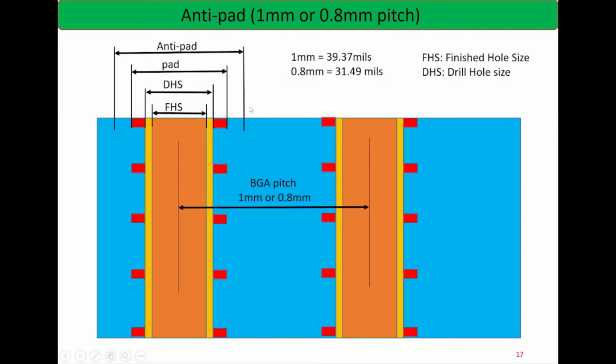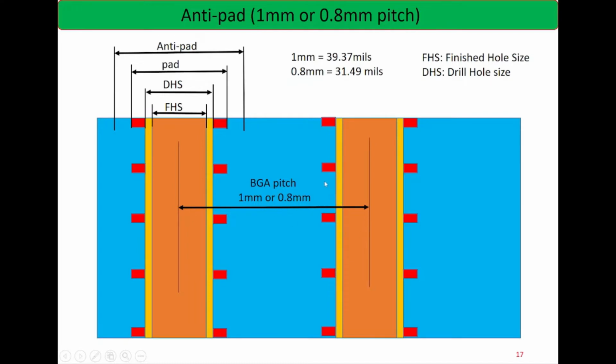So this is the anti-pad. Now the question arises, the main problem comes if we want to see it in the BGA region. In the BGA region, an IC chip will have the package, right? We'll have some BGA points, with connections from point to point. If you search in the IC datasheet, you will find they may have 1 mm or 0.8 mm pitch for that BGA. BGA is the ball grid array. So here the dimension you can see is 1 mm or 0.8 mm.